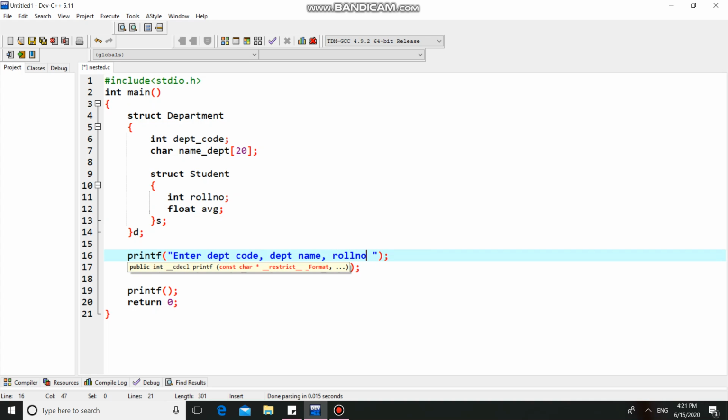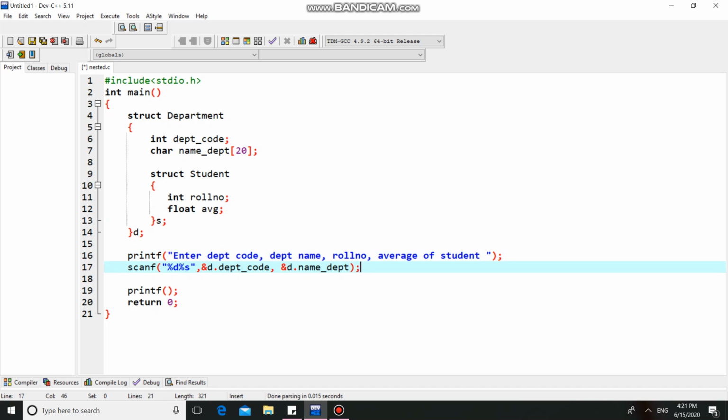You can continue here with roll number and average of student, then comma, and d dot s dot. You should form this link. For printing, you should use the same notation.